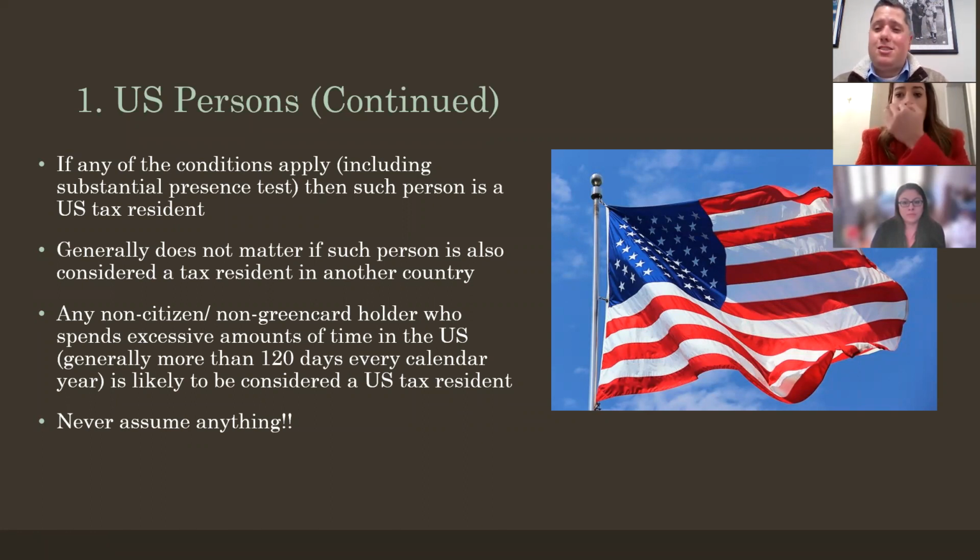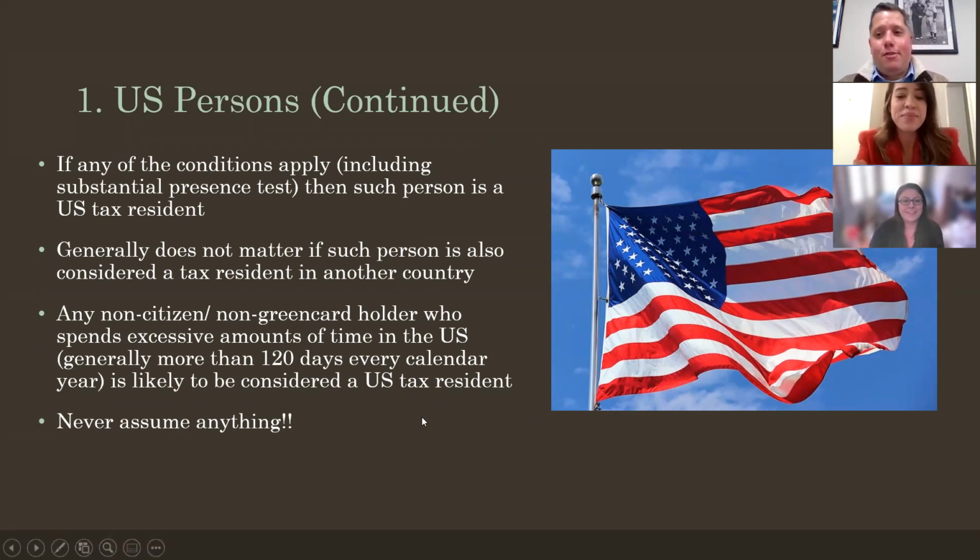So the bottom line is, if you have a client that is spending an inordinate amount of time here, they're not a diplomat, they're not a foreign student, then it's best to just recommend, hey, you probably should talk to an accountant or attorney, someone licensed, in order to determine if you have any tax filing obligations. Doesn't matter if they're filing in their home country. All right, doesn't matter. We've got this. I think I've had 3 clients this year already. They try to convince me, and I'm just sitting there, and I was like, you know, I know the rules better than you in the U.S., so you can't convince me.